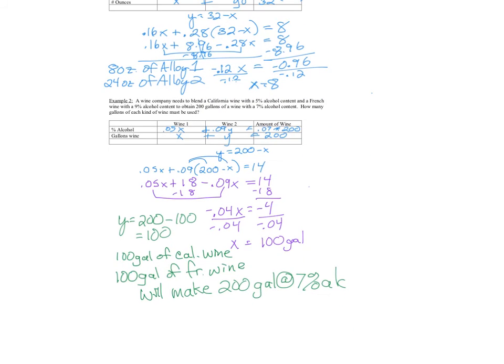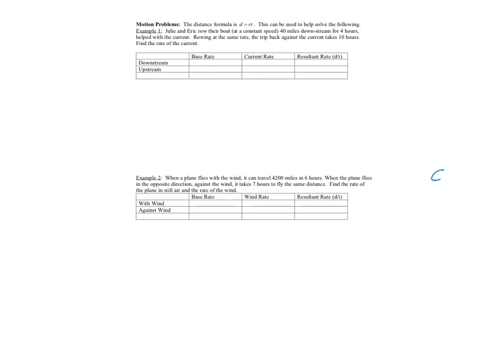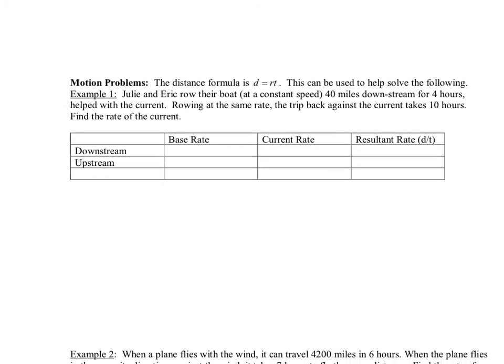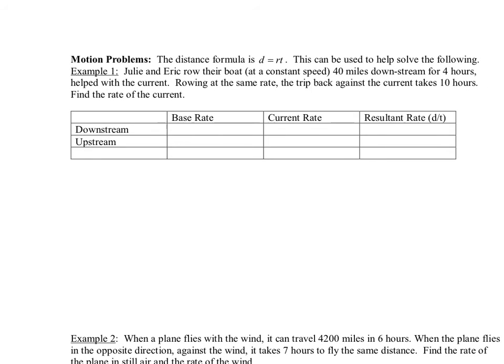There we go. Now we're on 1,000. Whoa, what happened? Oh, I think I went to page 3. Motion problem. Okay, remember distance is rate times time. This can be used to help solve the following. Example 1. Julie and Eric row their boat at a constant speed of 40 miles